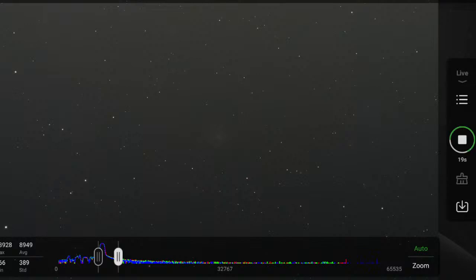I'm wondering if the settings are good enough, or is this just how long it takes? Well, I think what we're dealing with here is, since it's close to full moon, we're getting a lot of it washed out. So I can see kind of a spiral. Let me look.